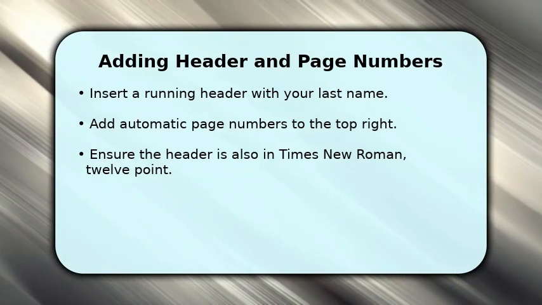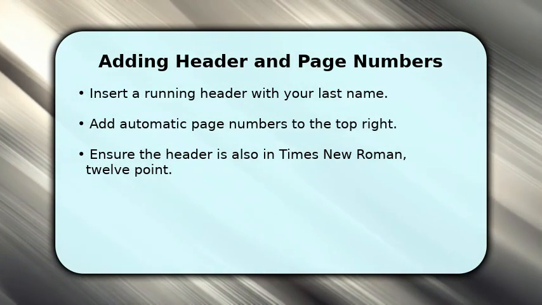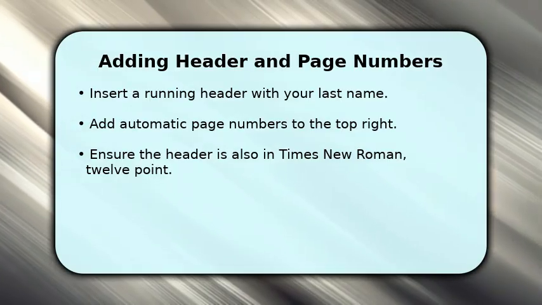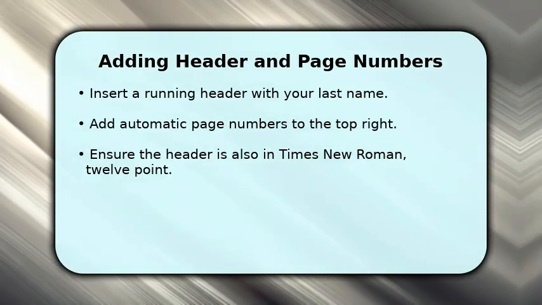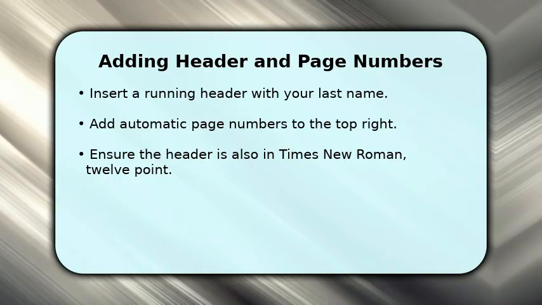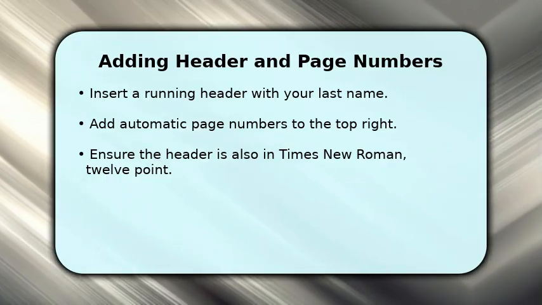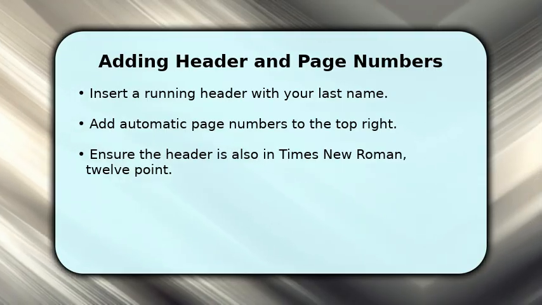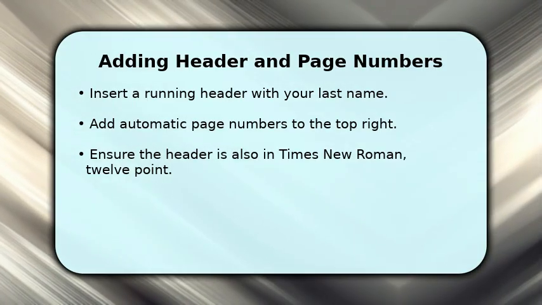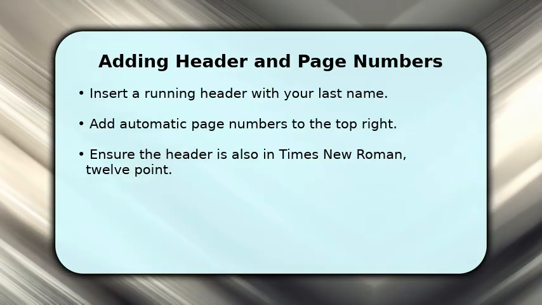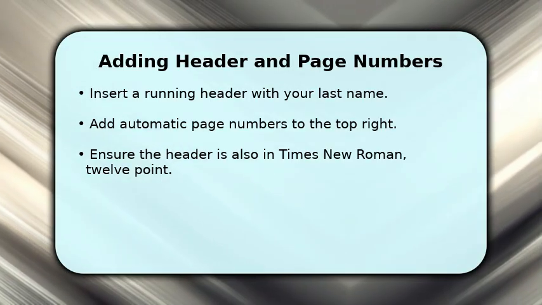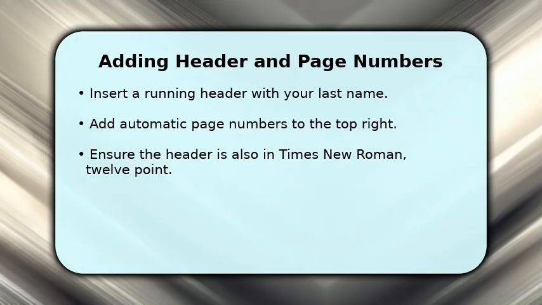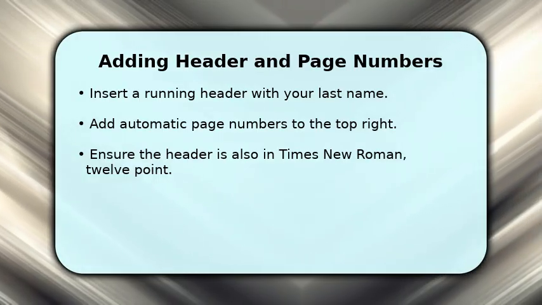Now, let's add the running header and page numbers. Go to Insert, then Headers and Footers and select Header. Type your last name, then insert a page number from the Options menu, choosing the top right position. Make sure your last name and the page number are also in Times New Roman, 12-point font. This ensures every page is correctly identified and numbered according to MLA guidelines, making it easy for your instructor to